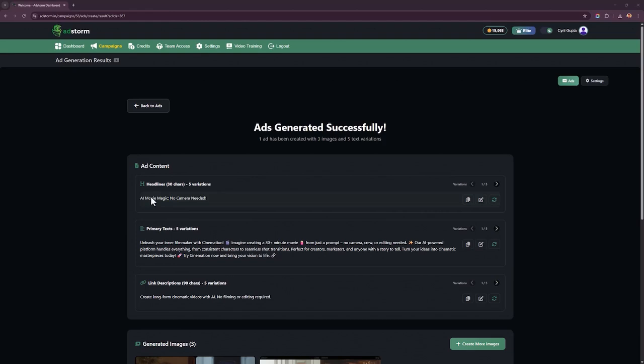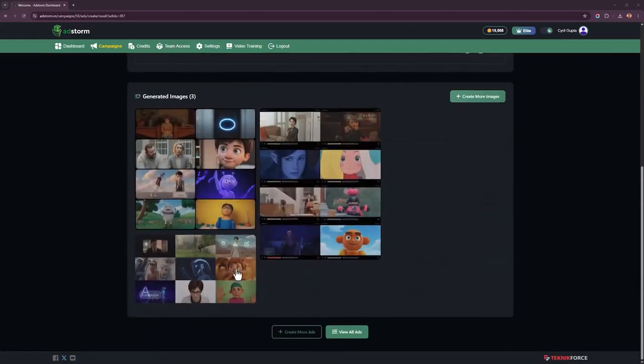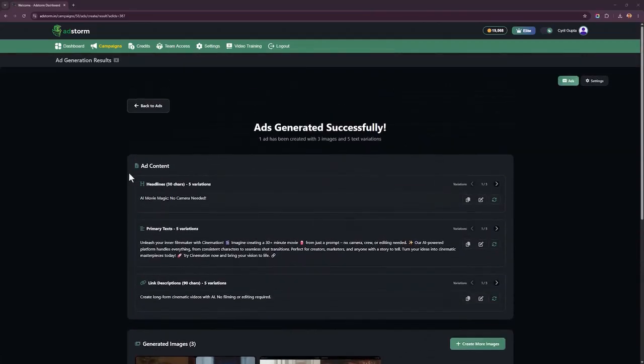And remember, I told you that Adstorm is going to give you the complete ads. That's right, not just the visuals. It's got great visuals, of course, but beyond that, Adstorm knows that to place a Facebook ad, you need a series of headlines, you need primary text, and you need link descriptions. And you can put up to 5 variations each for each of them on Facebook, and that's exactly what it gives you. So there are 5 variations to the headlines, like AI movie magic, no camera needed, and you can